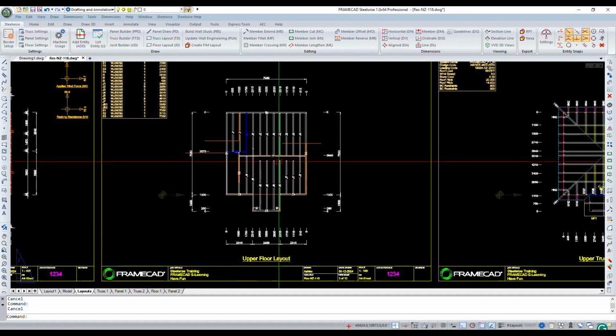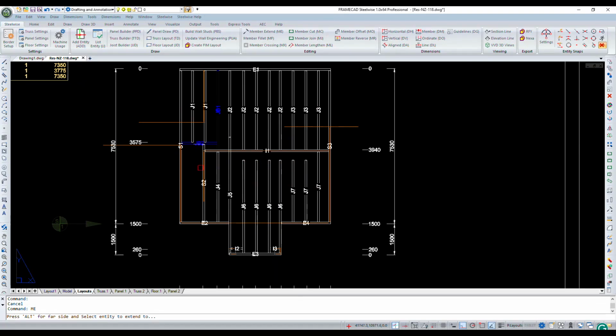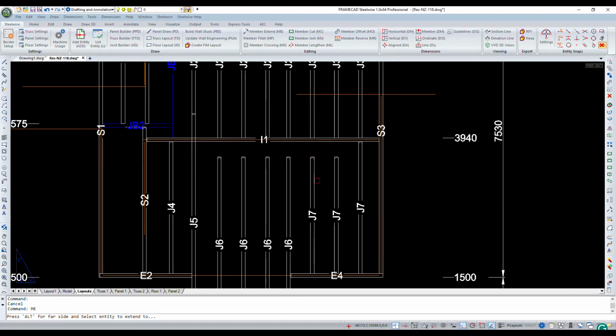So to do this, we can run the member extend command and select an entity we want to extend to. So I want to extend and trim this joist back to this internal bearer, and so I'm going to select it, and it's now asking me to select an option. So if I go select entity, which is the standard option, you will see I can do it one at